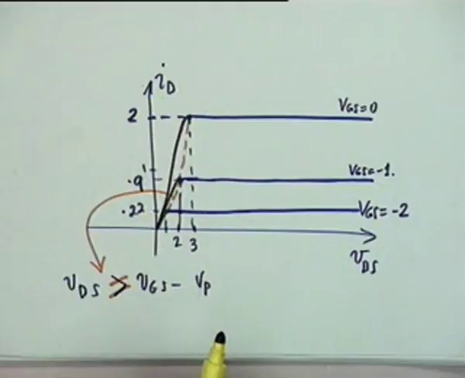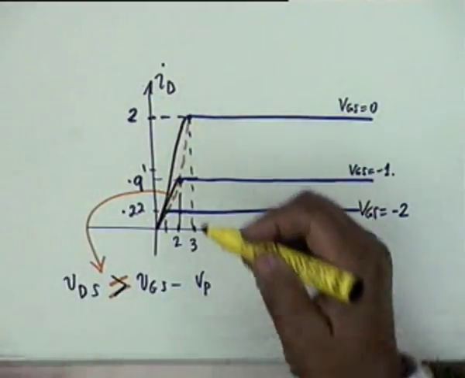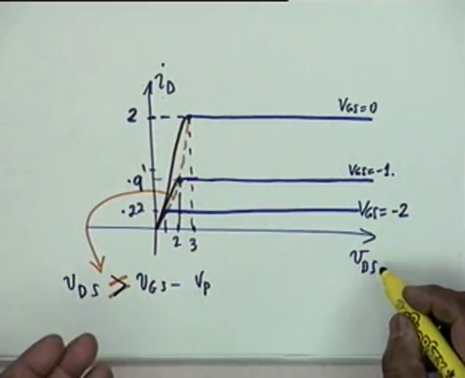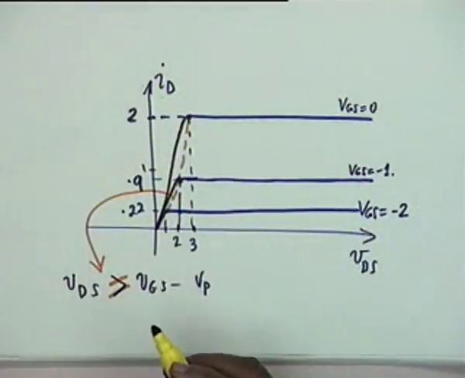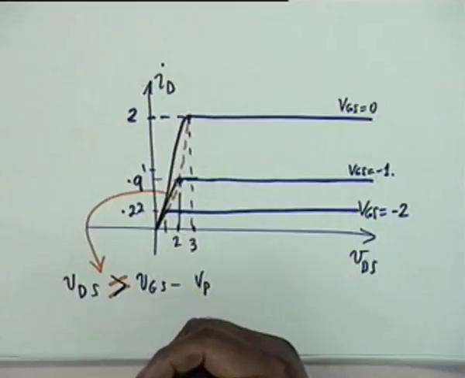Reasoning for drawing the straight lines, because before pinch off, an increase of VDS should cause an increase of ID approximately linearly, because it is ohmic region. Actually it is not, because there is a change in the width of the depletion layer, so it would be rounded off, but this region is so small, and since we are